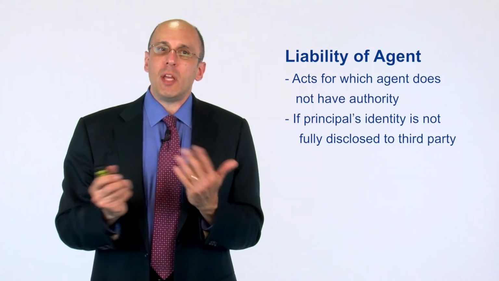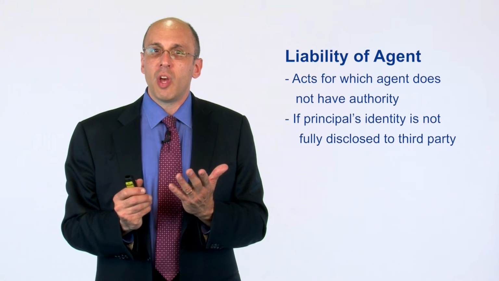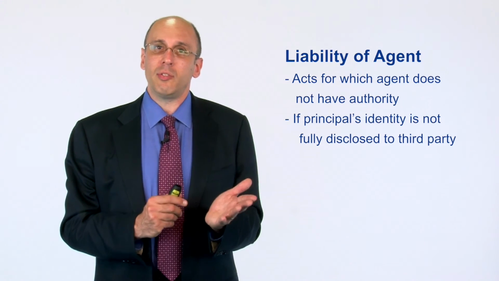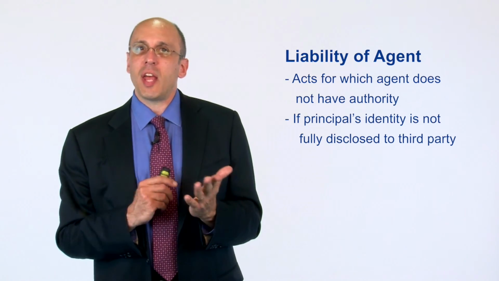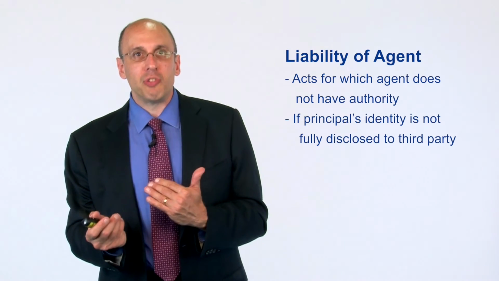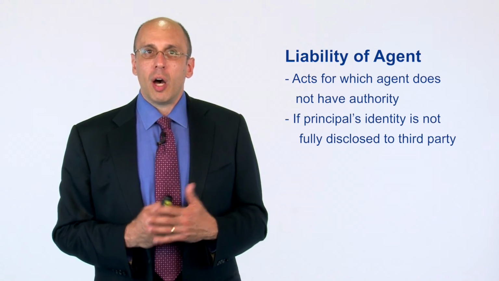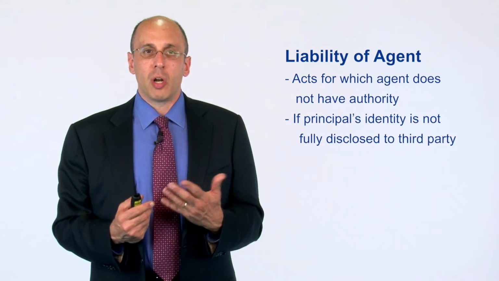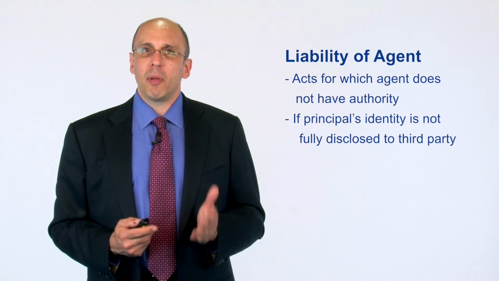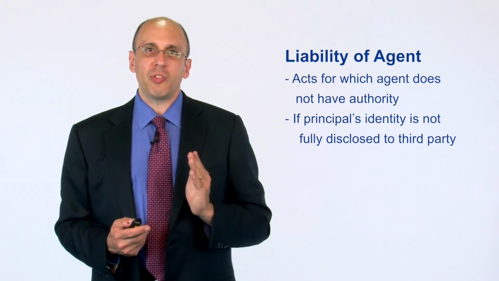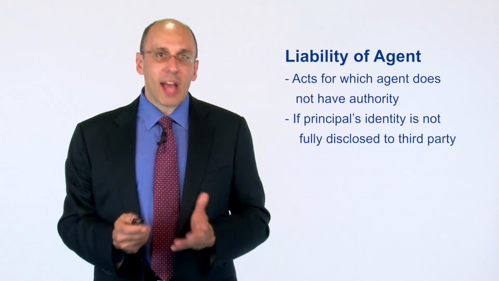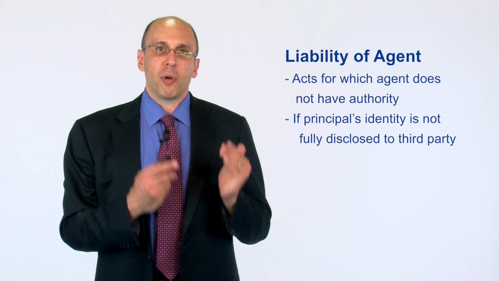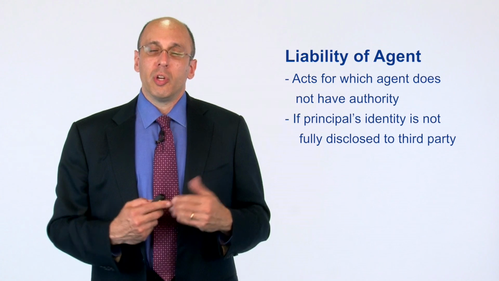And sometimes it might be in between, which is that the agent says, I'm acting on behalf of a third party, but I'm not going to tell you who the third party is. In that circumstance, potentially both the principal and the agent might be on the hook if negligence is committed, and that's called a partial disclosure. So it really matters for the liability of an agent whether the agent tells a third party that he or she is acting as an agent on behalf of a principal, and whether the disclosure of the principal's identity is revealed to that third party.